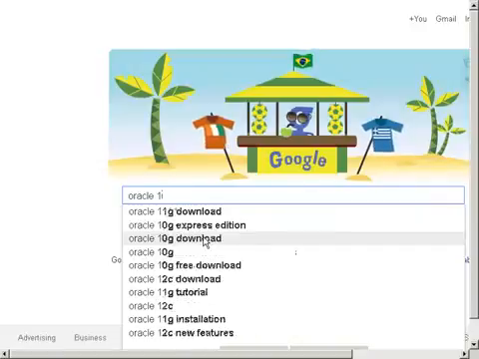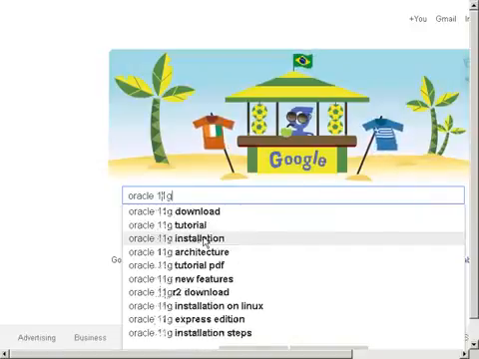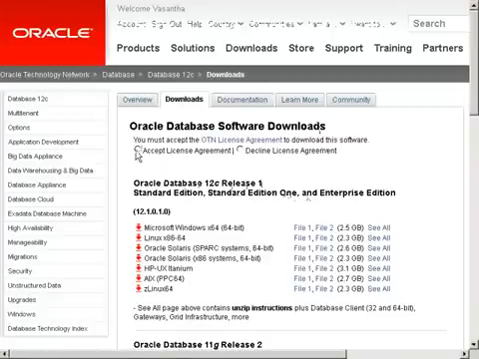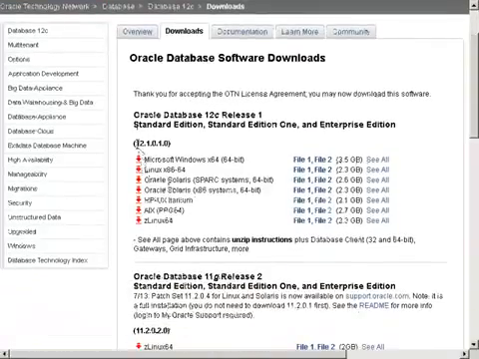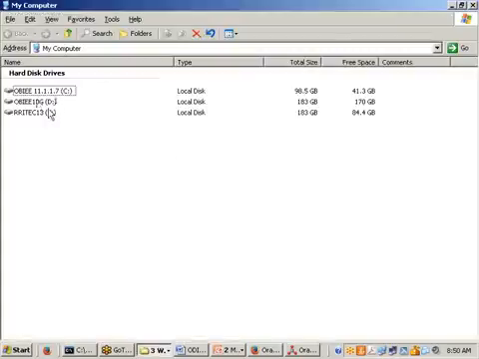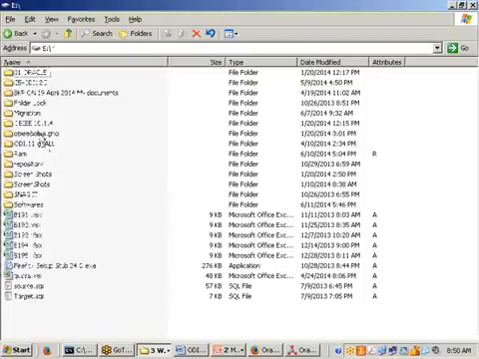Publicly means, let us say, if I search for Oracle 11G download and go to the Oracle website, you can see only two versions. Accept the license. Here the version is 12C. Below that we have 11.2.0.2.0 only. But 3.0 and 4.0 are not available, that's what I am trying to tell. But we have those softwares available. I think I captured them in my system also. Let me see it, and if available, I will show it.